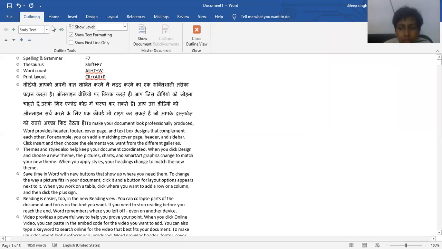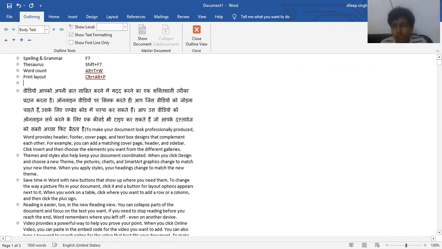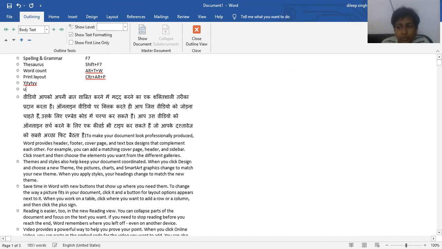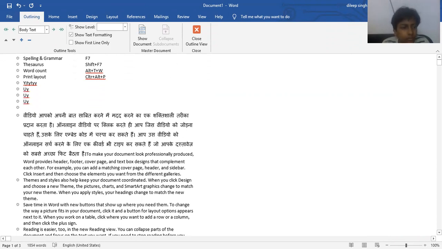It will not show any object. Each line or each paragraph is represented by a symbol in this manner, that is the bullet. It represents the number of lines or paragraphs. Whenever you press enter, you get a symbol like this. So when you work with text, go for this option.